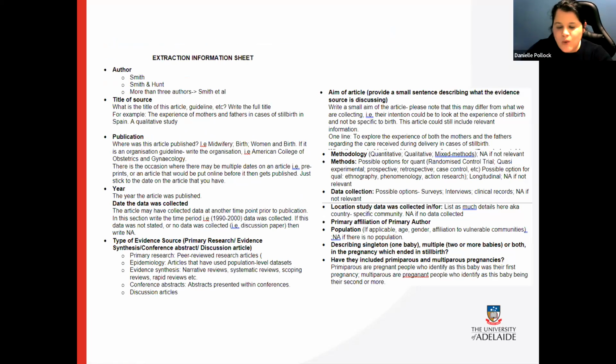So when it comes to extraction, to help with that clarity, having these extraction information sheets is fantastic, especially when you've got to think to analysis here, when you've got this massive data set, you want everything to be done the same way, right? Because when you're, say, doing your analysis in Excel, if you have systematic review written in three different ways, you can have capitals here, capitals not there, you have to do some extra processes to clean up that data. So you want as clean a data set as you can. So write to the very specific degree of exactly what you want here, and be as explicit as possible.